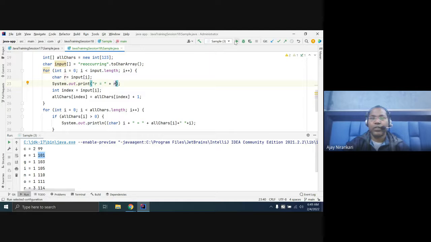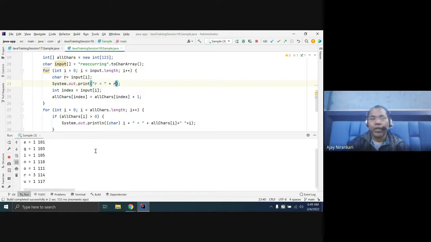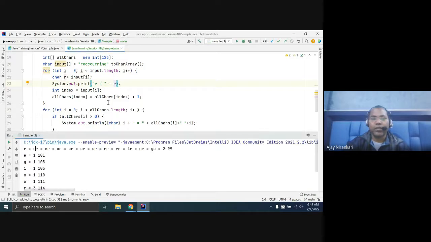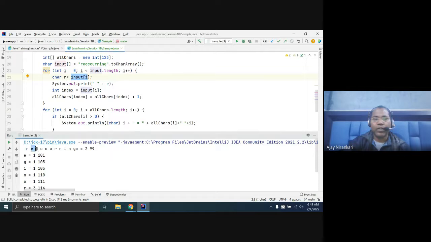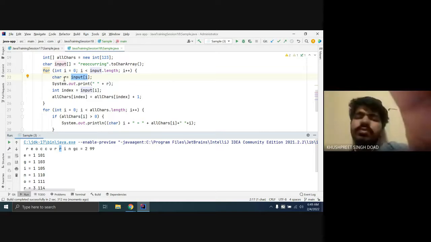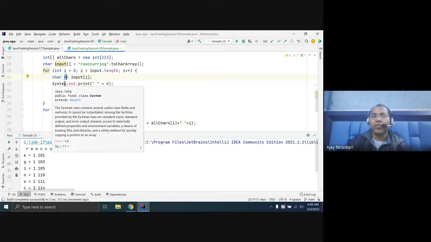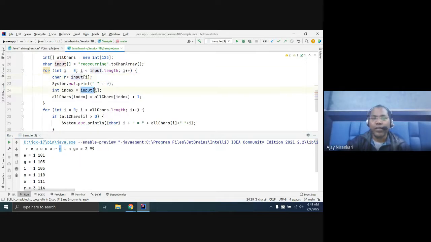You notice it will print all the characters, but I am not interested in the character. Whenever you are getting input i, if you assign it to a character, you get all the characters one by one. But I am interested in the ASCII value, so I am assigning this value to an int.